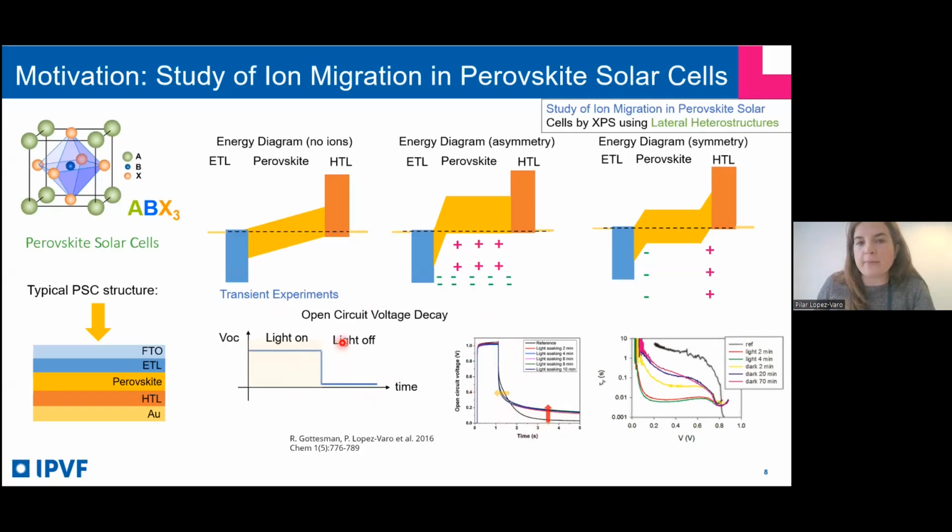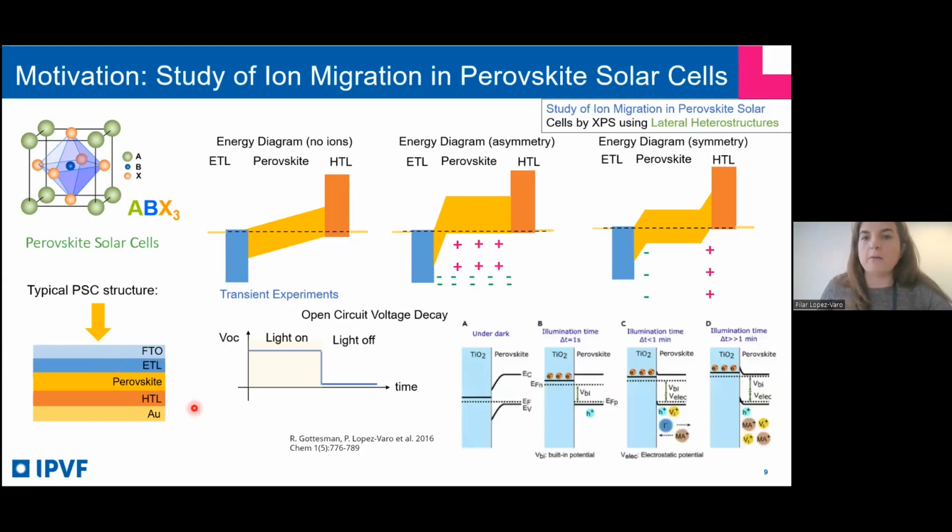And with this transient experiment, it is possible to characterize a characteristic time for the ions or for the electrons. And here in this plot, we represent the characteristic time as a function of the voltage. Basically, it's the derivative of this slope. Well, it's a simple technique, but we are using the whole device. And with the diffusion simulation, we were able to explain